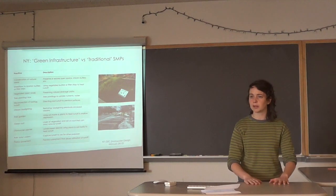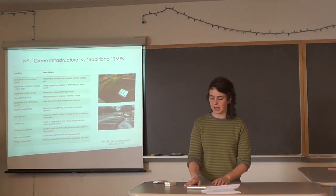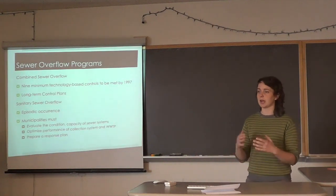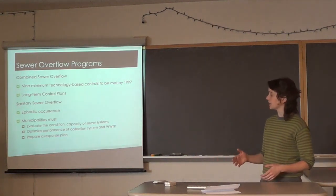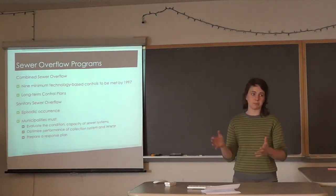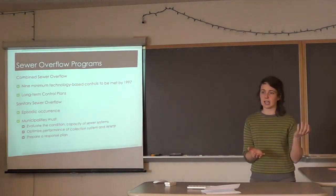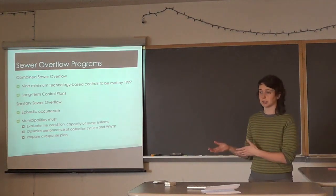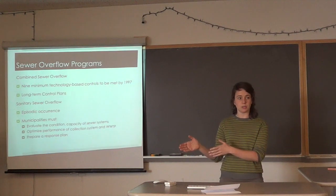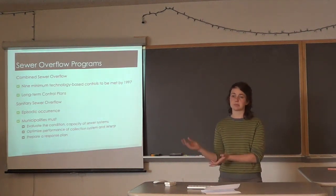So we're gonna leave stormwater and talk about the combined sewer overflow and the sanitary sewer overflow programs. They're just different in that the combined is combining stormwater and sanitary sewers, and the sanitary sewers are just supposed to go to the wastewater treatment plant, but sometimes